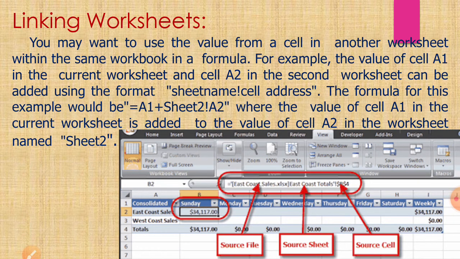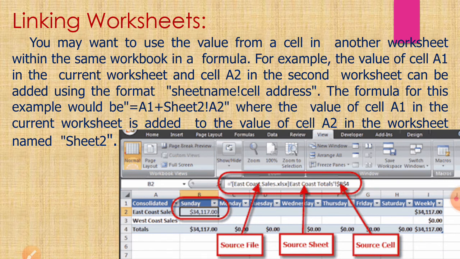Now the part is how to link to different worksheets. To link two different worksheets, suppose you want to use the value from a cell in another worksheet within the same workbook in a formula. For example, the value of cell A1 in the current worksheet and cell A2 in the second worksheet can be added using the format sheet name, then exclamation sign, and then cell address.